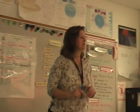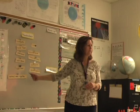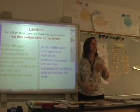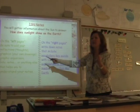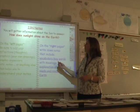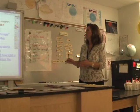Today you're going to be collecting information on these vocabulary words. The left side, write down your thoughts, your drawings, lists, anything that helps you to understand what you're collecting and learning. The right side is where you're putting down those words, ideas,